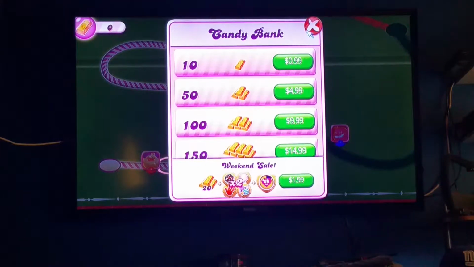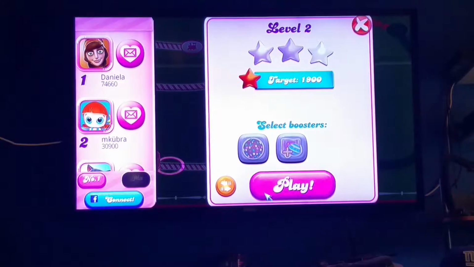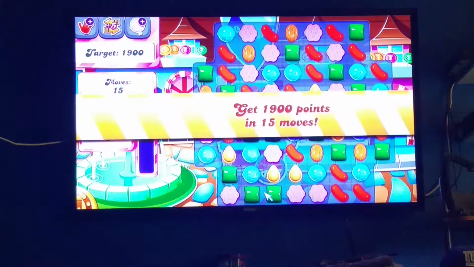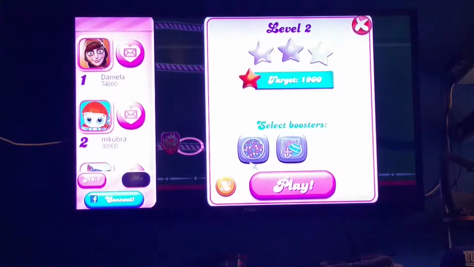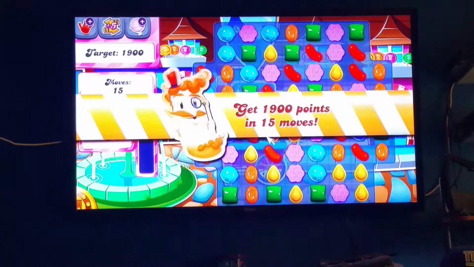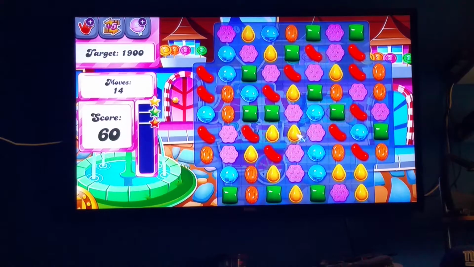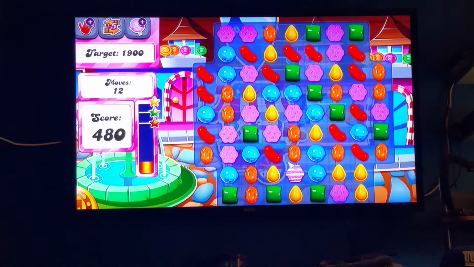All right, I'm not purchasing anything from Candy Crush. No, thank you. This is good for kids too and stuff like that. But I know there's a lot of people that love playing Candy Crush anyway, so it's not a big deal. I'm just showing you for example. And like I said, it's a lot easier to use my keyboard than anything else, definitely than using the remote.